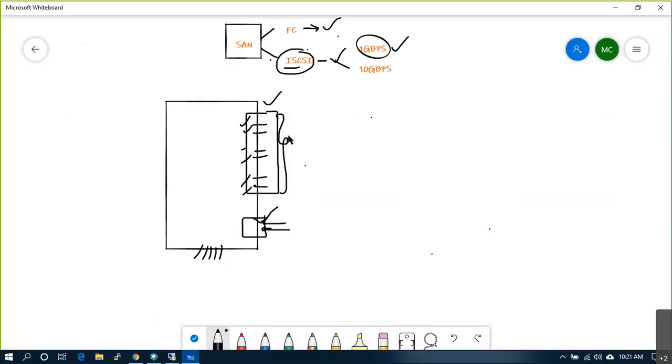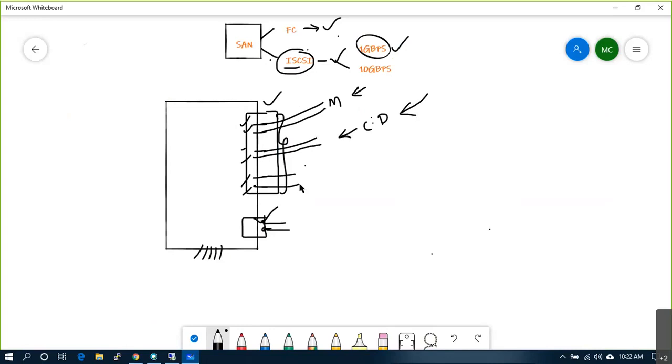These two will be used for management purposes, meaning if you want to log in to the ESXi host, you will use them. These two will be used for customer data, meaning if a customer is trying to RDP into the machine, these two cables will be used.